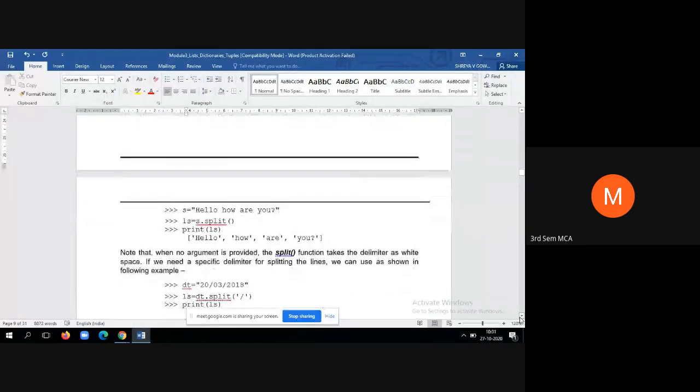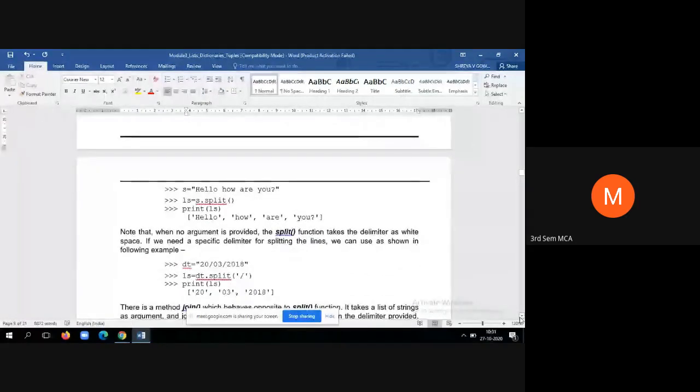Now we'll see how to apply the split method. See, the split method means, usually, say for example, let us assume you have a CSV file that is comma separated values. As the name itself indicates, comma separated values means there will be a sequence of characters where the elements are differentiated by the comma operator. If you want to split that file into values, then you have to use comma as the field separator.